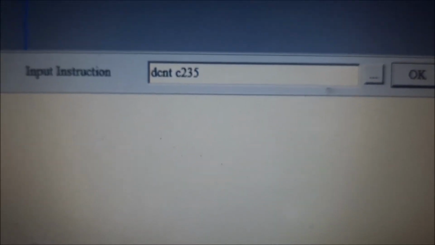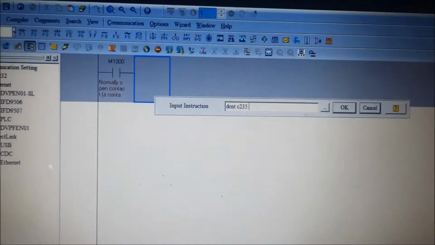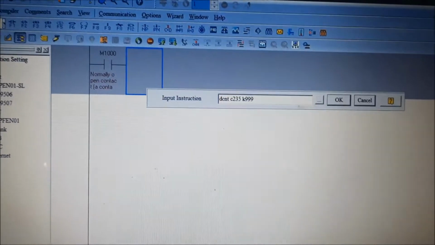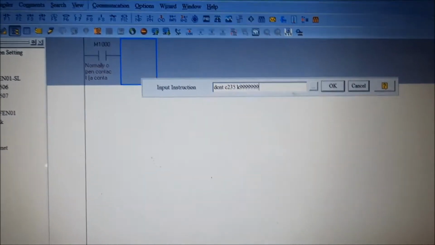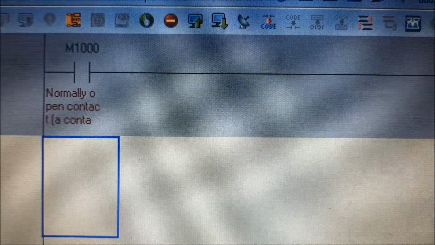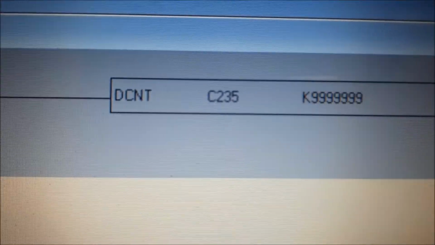DCNT C235, and now give K99999. You can give six nines or seven nines. So the ladder is completed here: LD M1000 normally open contact and DCNT.